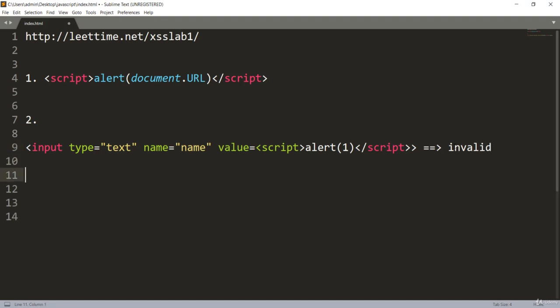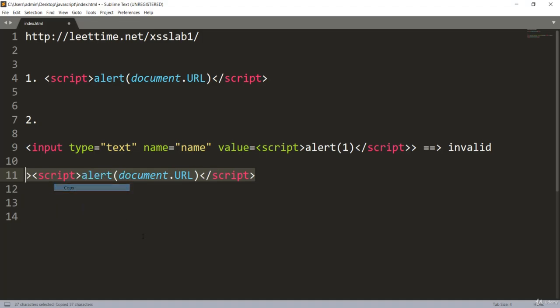So now we have to make our own payload. In this case, I have to first close the input tag. In order to close the input tag, you can simply give this close angle bracket, and after that you can run your script, which can be the same as over here. Let me grab this whole link, which is basically just giving the script. So this is our payload for